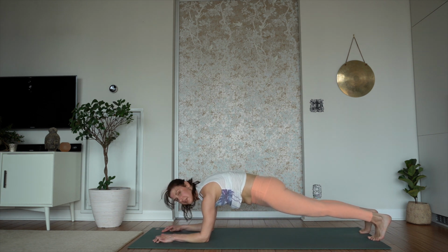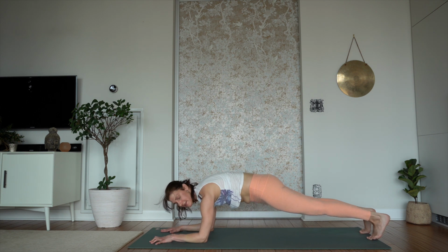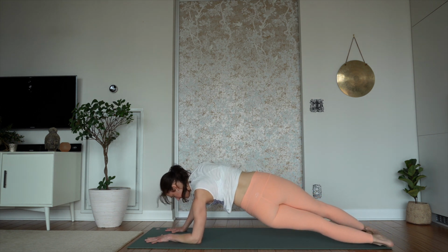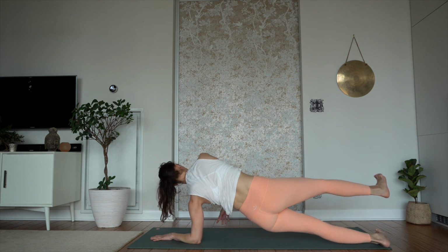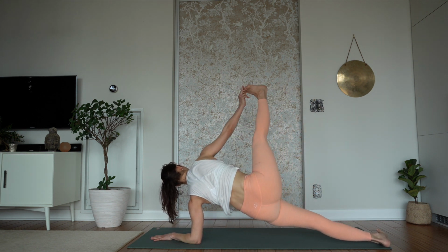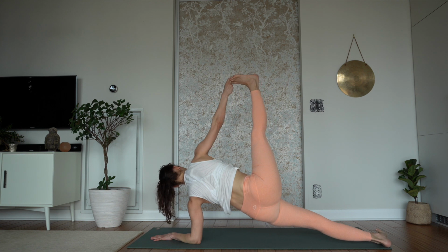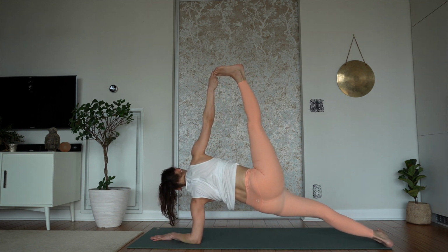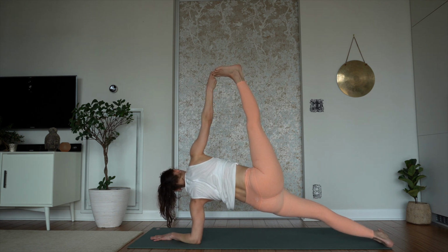And we're going to open to the right for side plank, forearm side plank. So you can do your version, one foot in front of the other, stacking the feet, or you can also lift the right foot and grab the right toe. So find your version for 3, lift the hips. 2, left shoulder pulling in. 1,